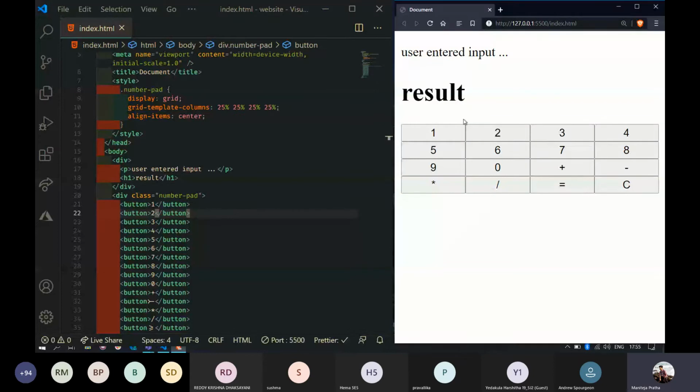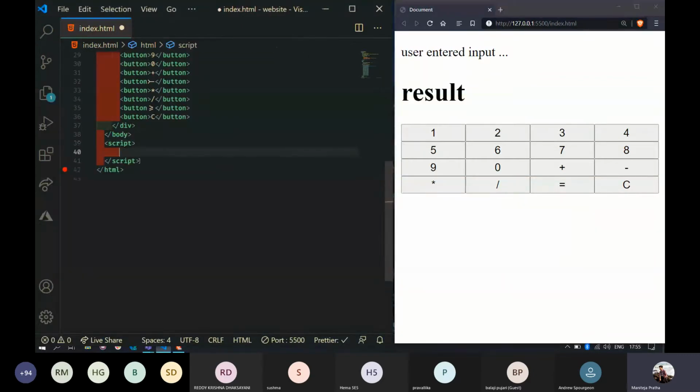So the layout is completed. Till now, anyone have any queries? The UI part has been completed. Now the main part is to tackle this thing. We need to integrate JavaScript. No queries? Let's start doing some JavaScript.